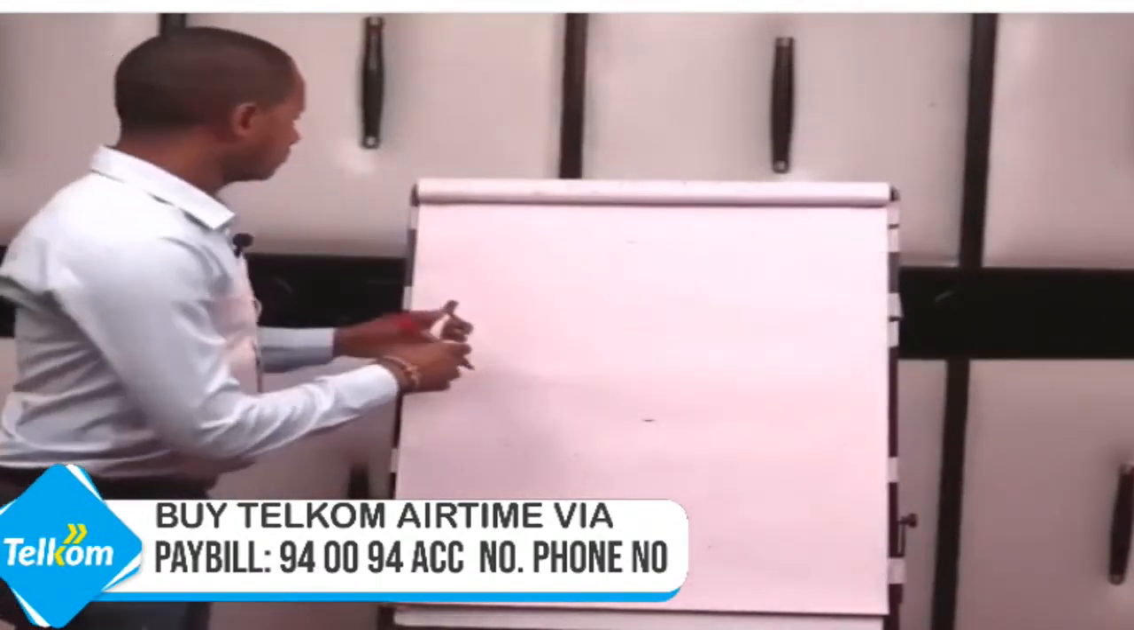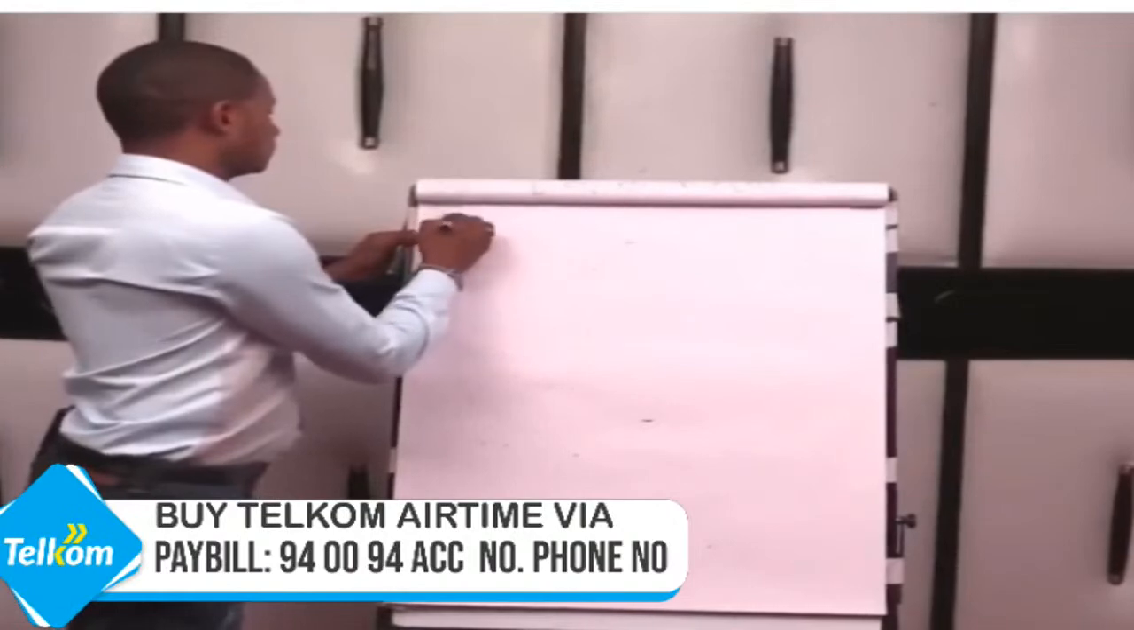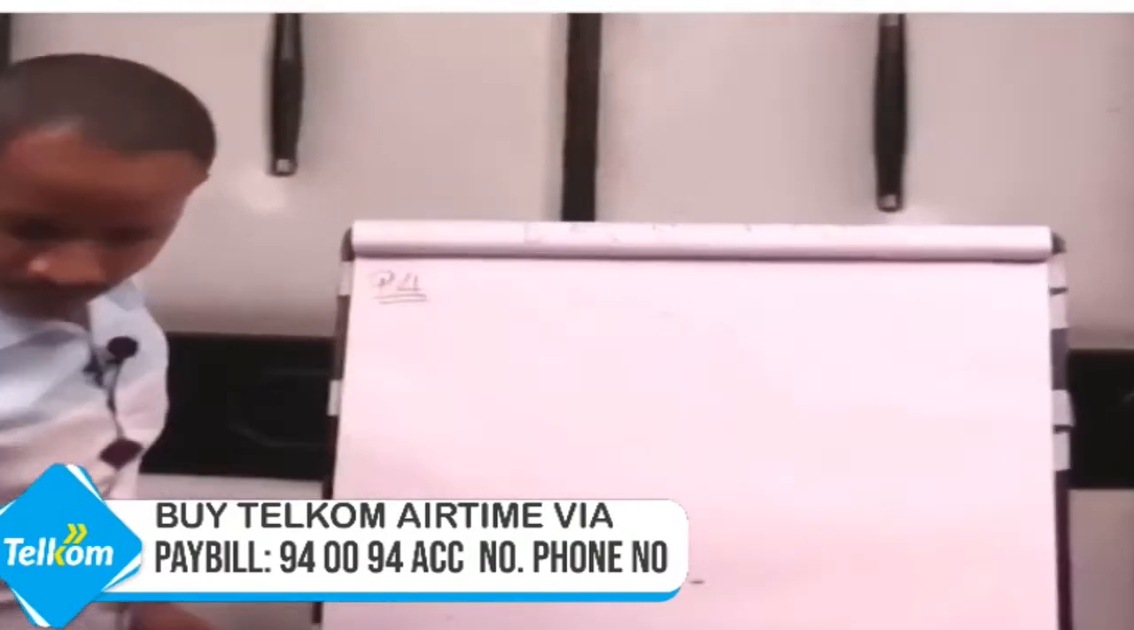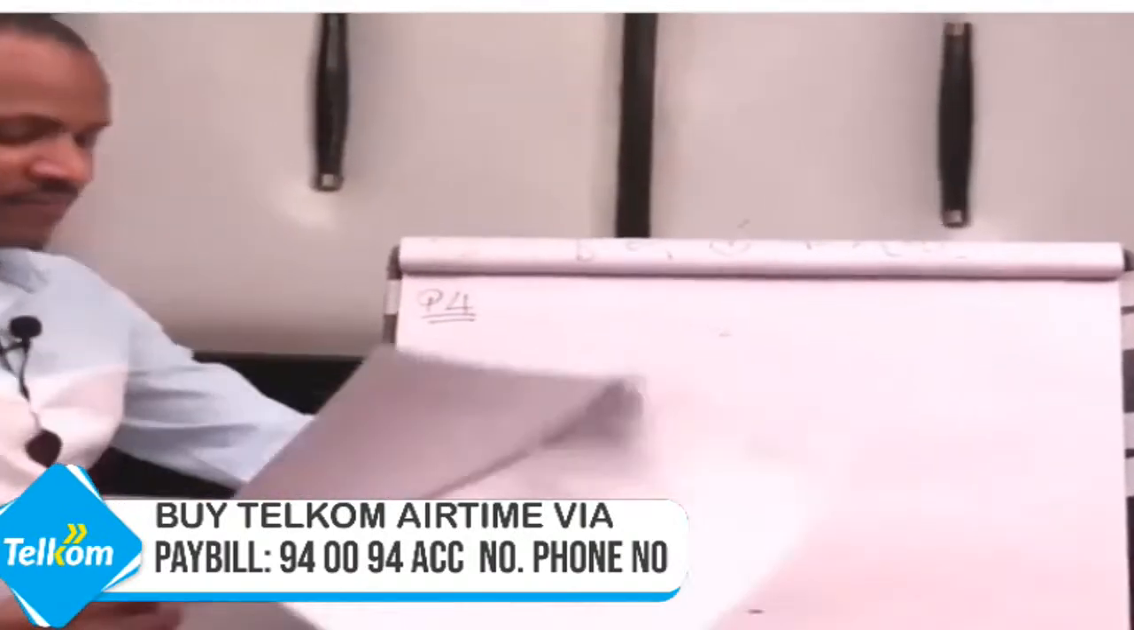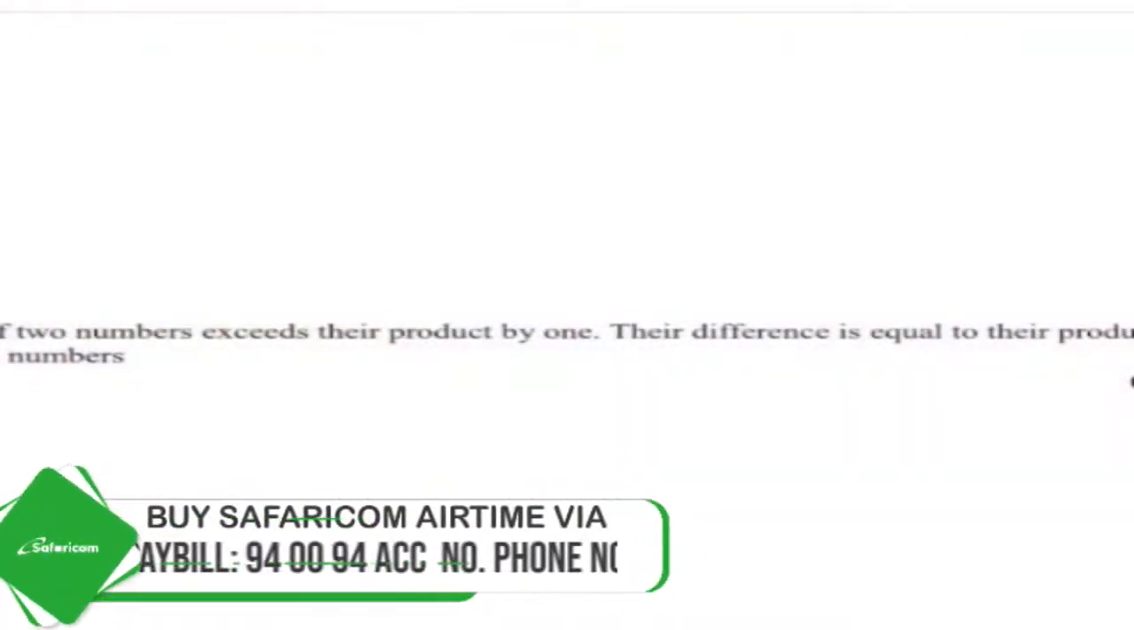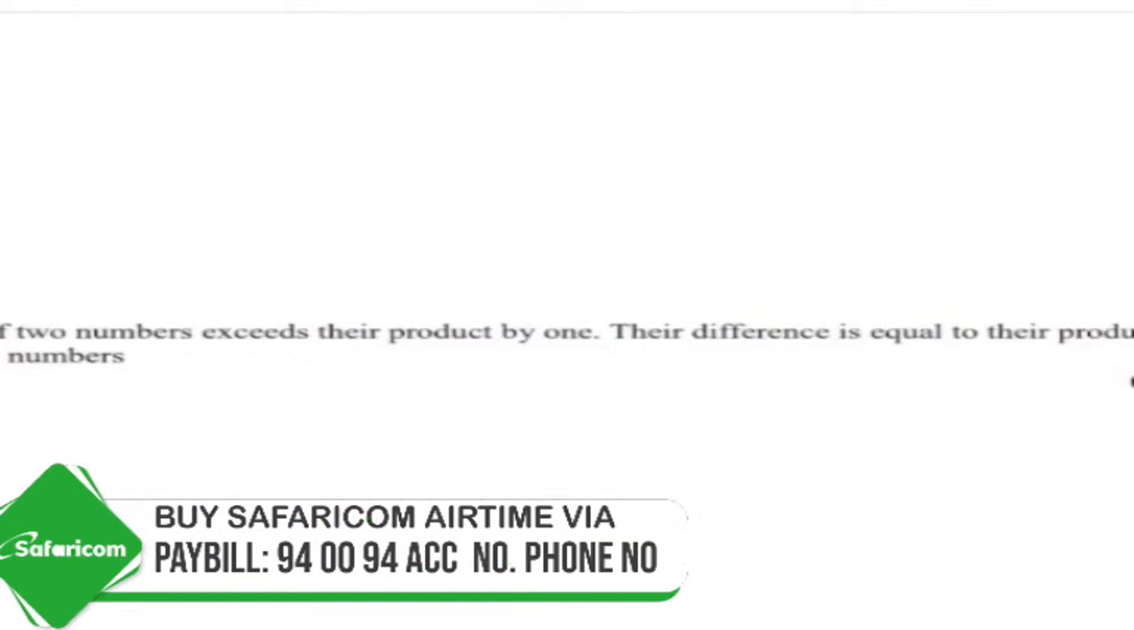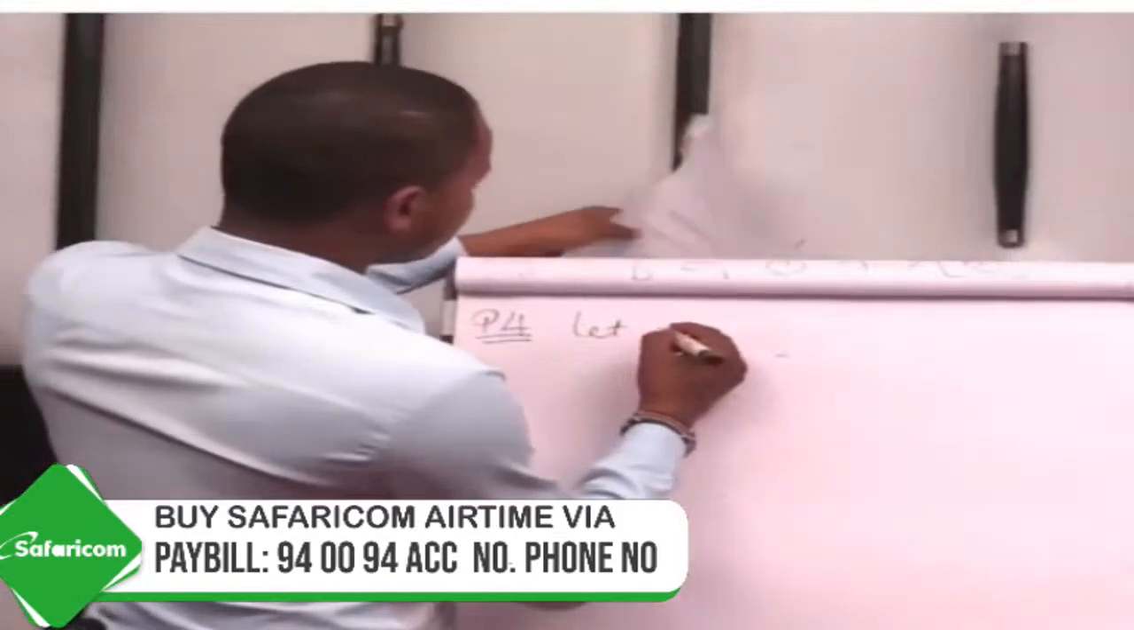Question number 4. The sum of two numbers, this is just jogging around with your mind. Let me read the question first. The sum of two numbers exceeds their product by 1. Their difference is equal to their product less 5. Find the two numbers. So the sum of two numbers, let two numbers